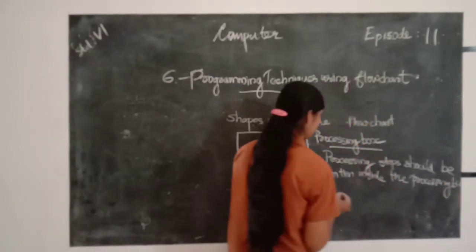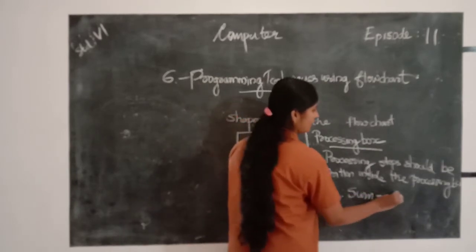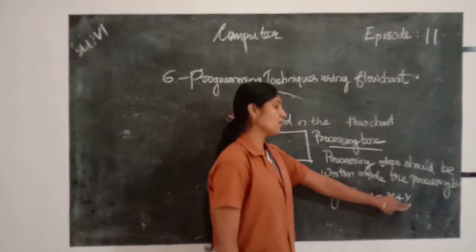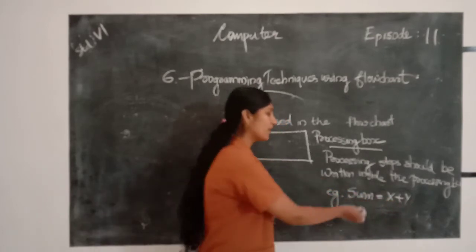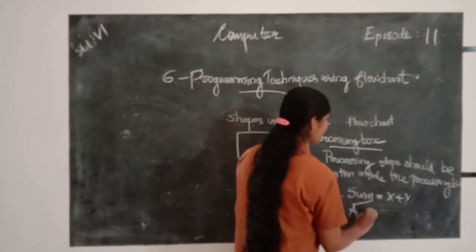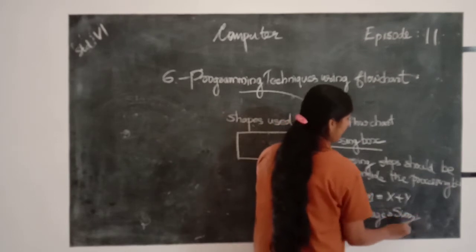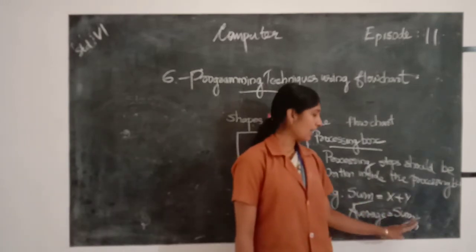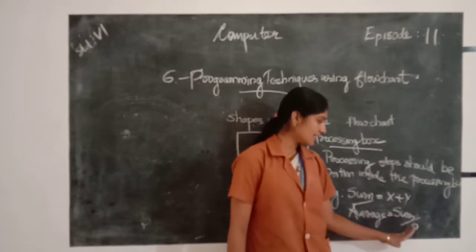Example, sum is equal to x plus y. Here, two variables x and y. The process is addition and finally the result is stored in a variable that is sum. Then let's take another example. Average is equal to sum by n. That means the sum value is divided by the number of the variables. So the result calculated